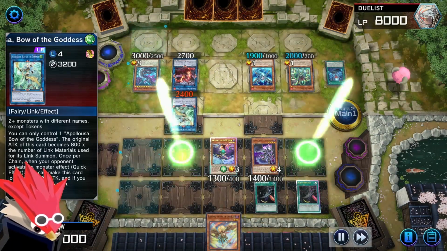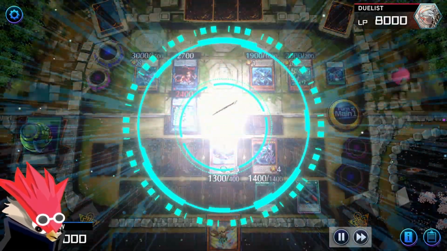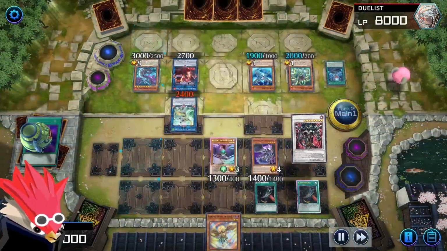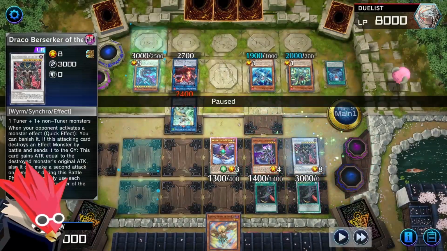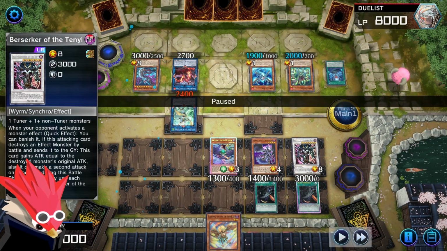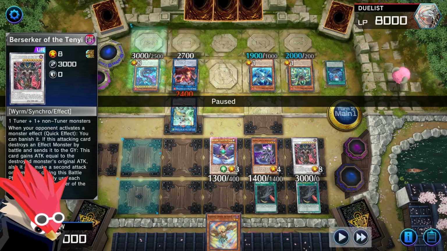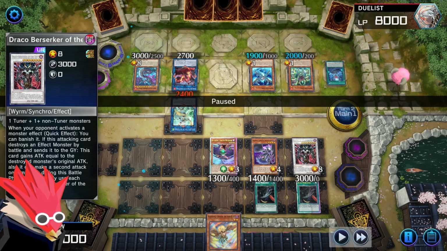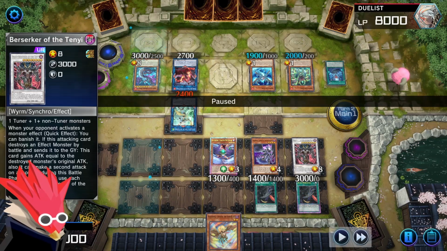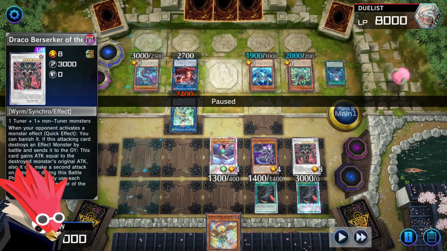Which is fine. Then here is the first MVP card against this deck. Draco Berserker, and first of all, obviously that it gains attack and it can attack again is super good, but also the first effect. When your opponent activates a monster effect, you can banish it. It doesn't matter if it's from the hand, if it's from the grave, from anywhere you can just straight up banish it. So that's really great, because a lot of the Snake Eye players usually have that one